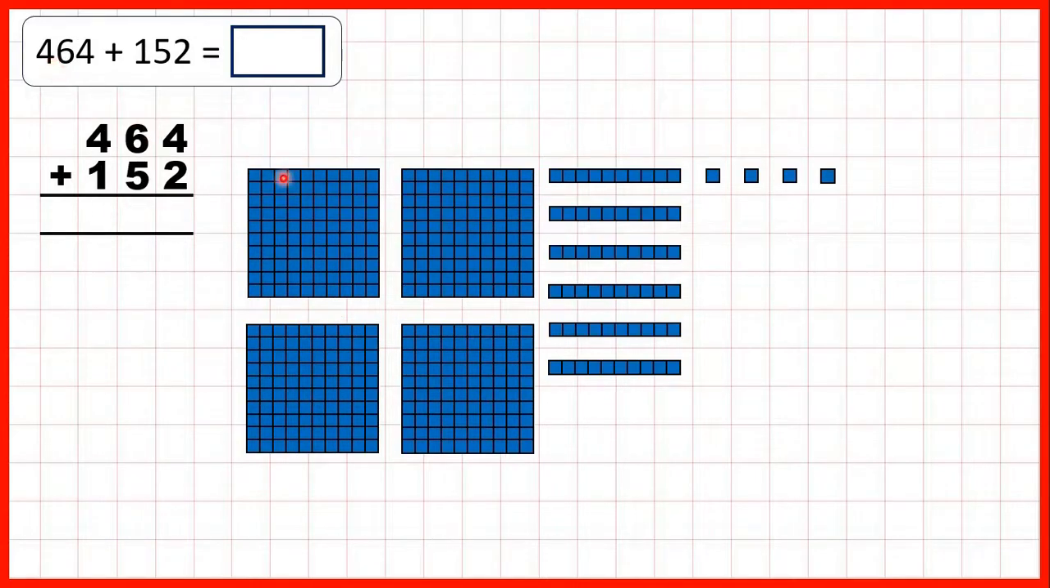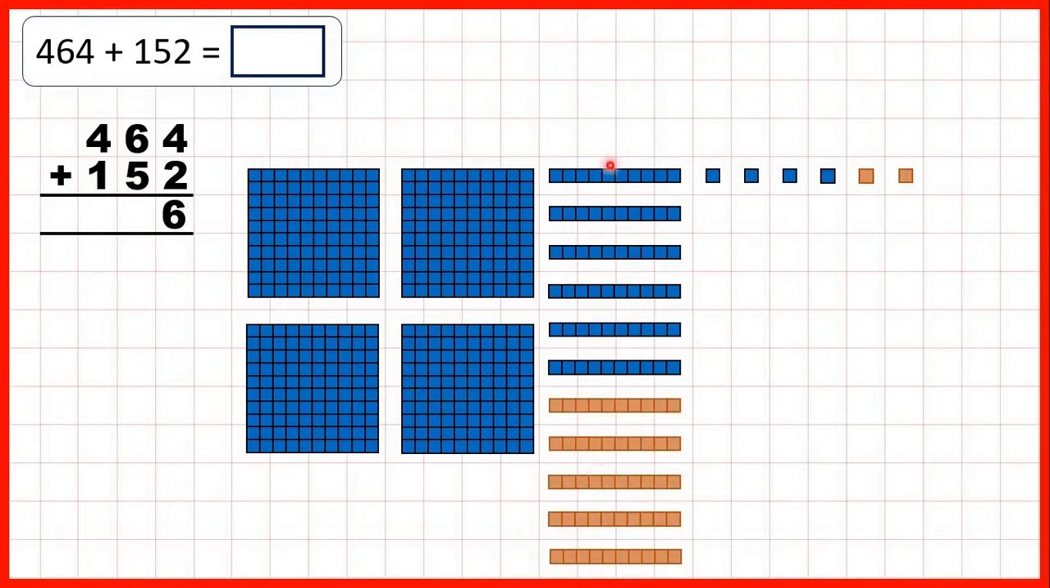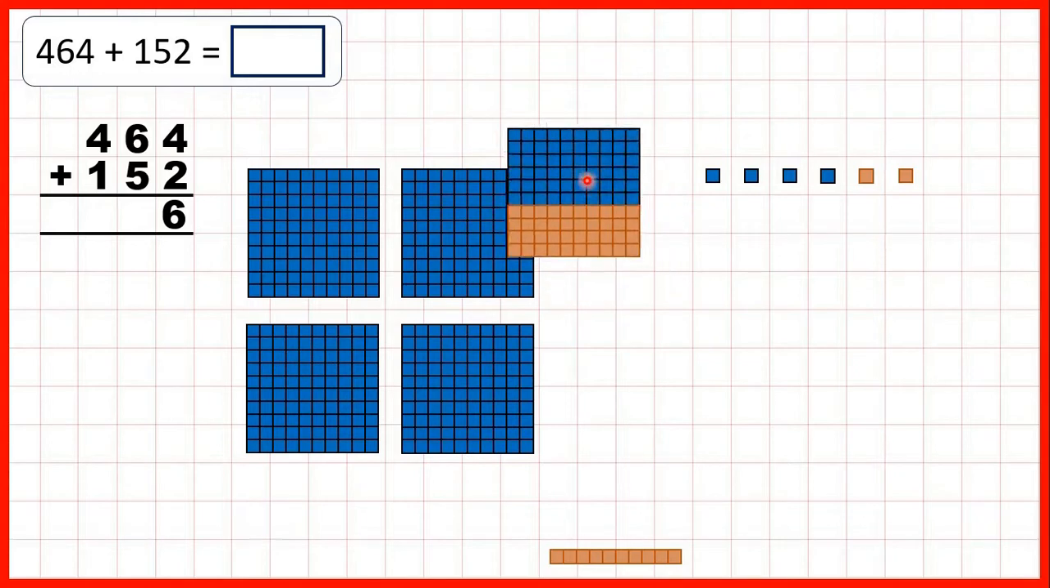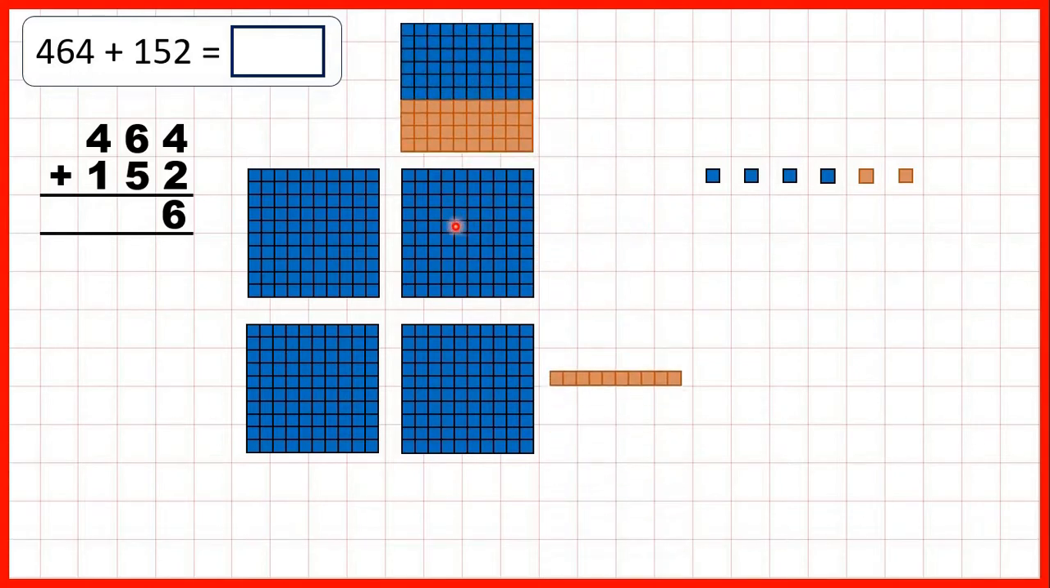Then we started with 464, and we were adding 152. We can add 2 1s to give us 6 1s. Then we need to add 5 10s. But when we do that, we get 11 10s, and we can regroup 10 of those 10s to make an extra 100. So we can move this block above our other hundreds blocks, and then we can write 1 above the hundreds digits in our question, and because we now have 1 10, we can write 1 as the tens